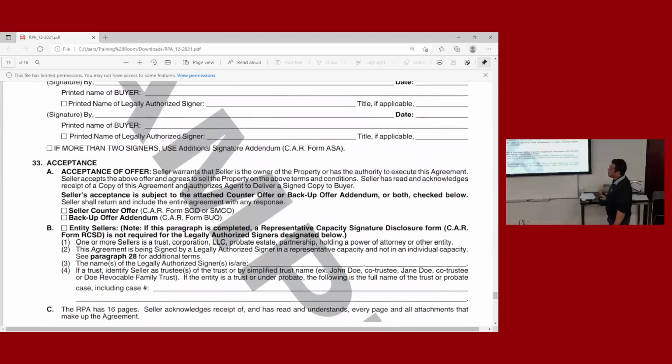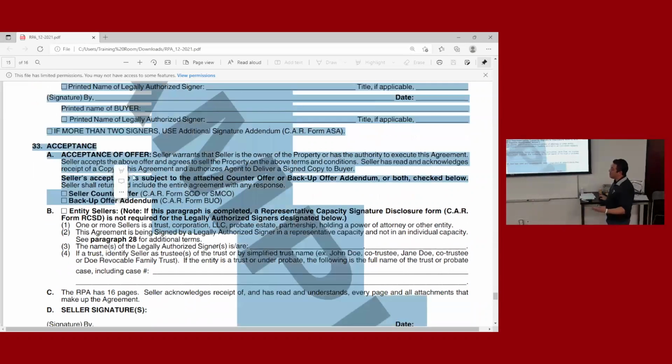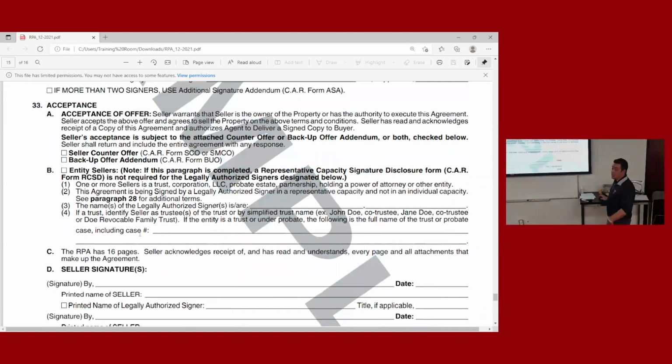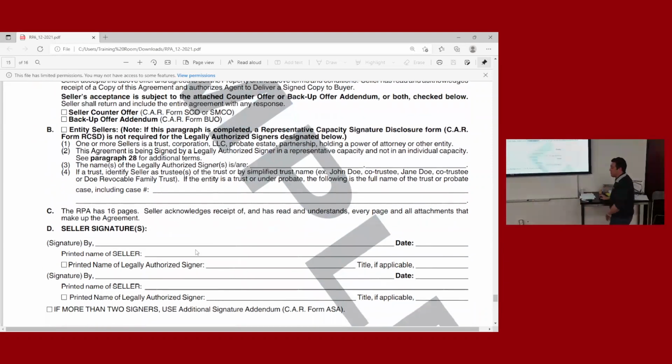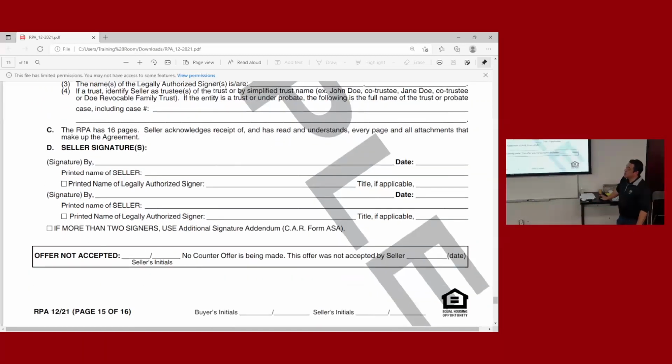They are also putting the seller check for counteroffer there. They also add a backup offer. Just know if you're going to put someone in a backup offer, you can legally do that, so please do. But seller counteroffer, the same thing with entities. Same thing on the seller side. If the seller's an entity, they need to put their full information in there, and the seller signs. They also took out that the agent has to present the offer, now only for